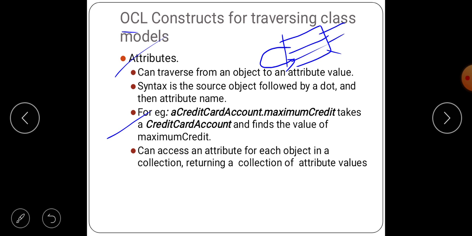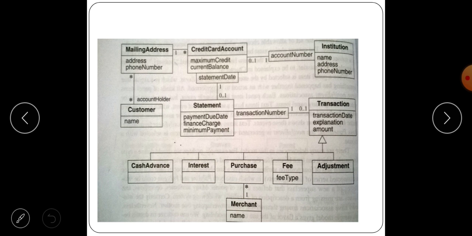Observe the example given. A credit card account is the object and maximum credit is the attribute.